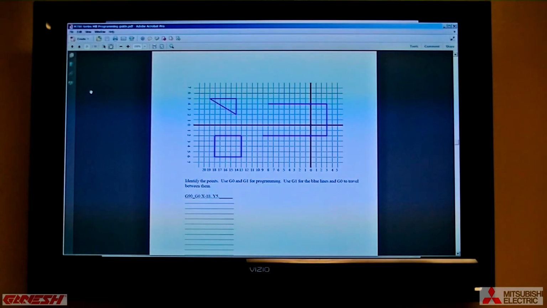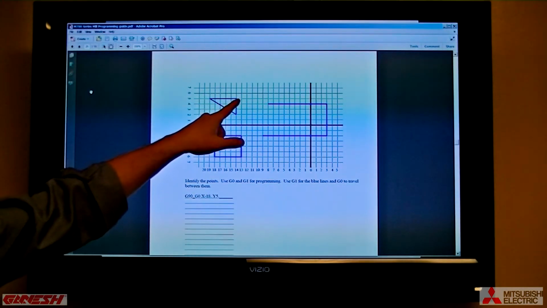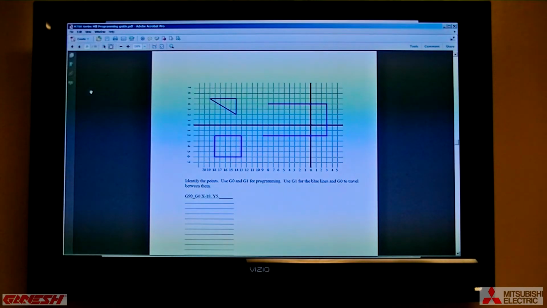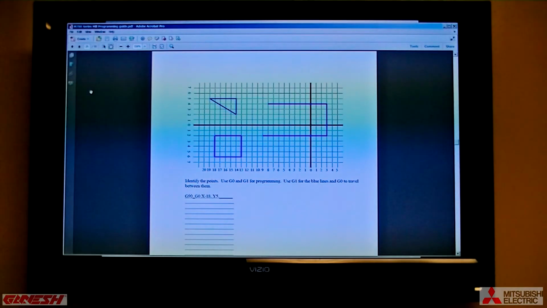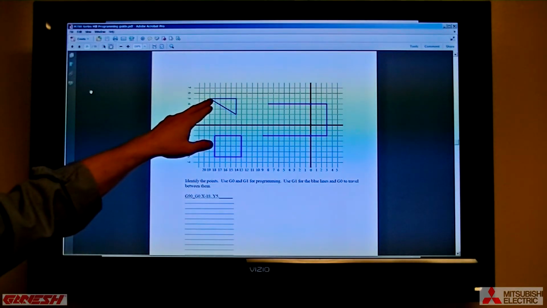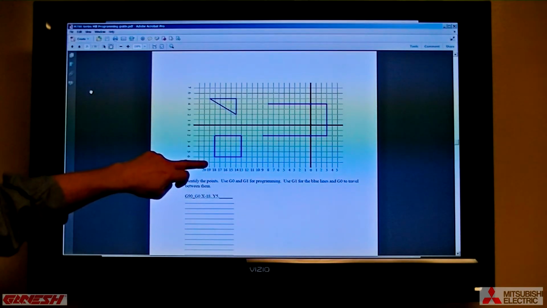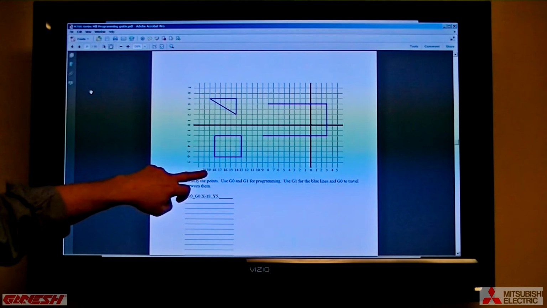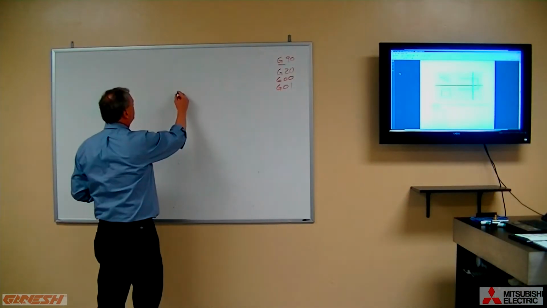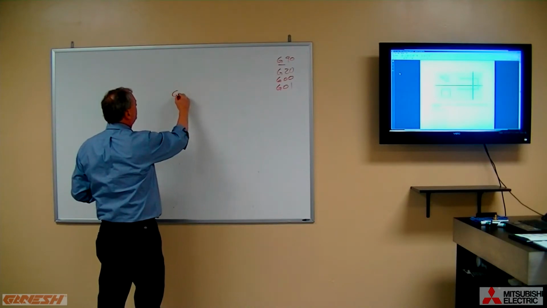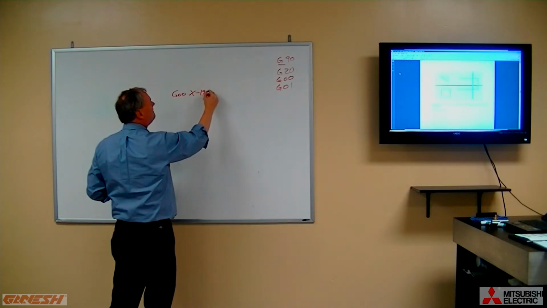So what I'll probably do is say, I'm going to do this piece first. I'm going to go from here to here to here to here. Okay? So there's my origin. So I'm going to plot out my x and y moves. So to my first point in the triangle, that would be x minus 19, right? We're on the minus side, and y plus 5. So I'm going to just say G00 because I want it to go at a rapid, x minus 19.0,